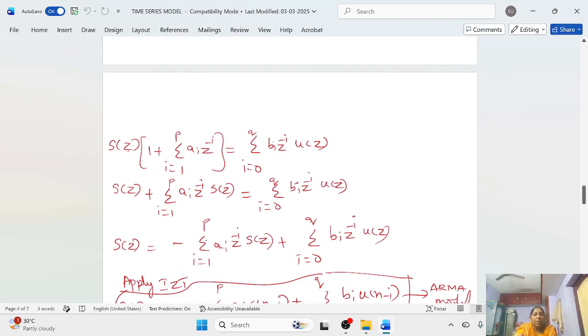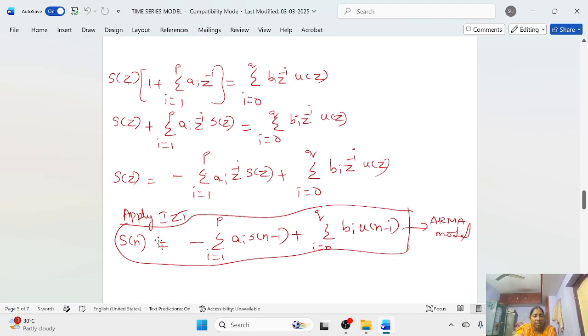This is equal to this term. I am keeping the S of Z alone on the left hand side and bringing this term, A_i Z to the power minus i into S of Z, to the right hand side, so it becomes negative. So when you apply the inverse Z transform,